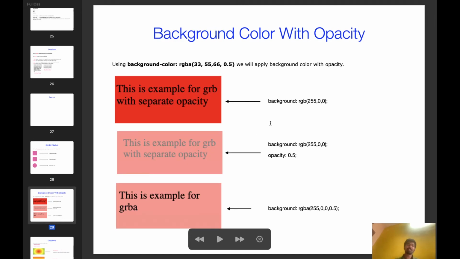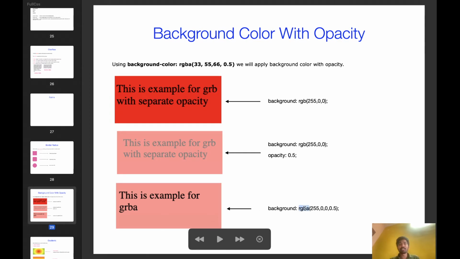Next one, background color with opacity. Here the first one is just background color, where I used an RGB value. Instead of RGB you can give a normal color also. It will apply like this. So this is normal. Okay. I want to apply opacity for that. If I apply opacity, it is applied to the text also. Because of this, I am unable to read this text properly because the text is blurred now, because I gave an opacity of 0.5. Okay, you can observe the third example here.